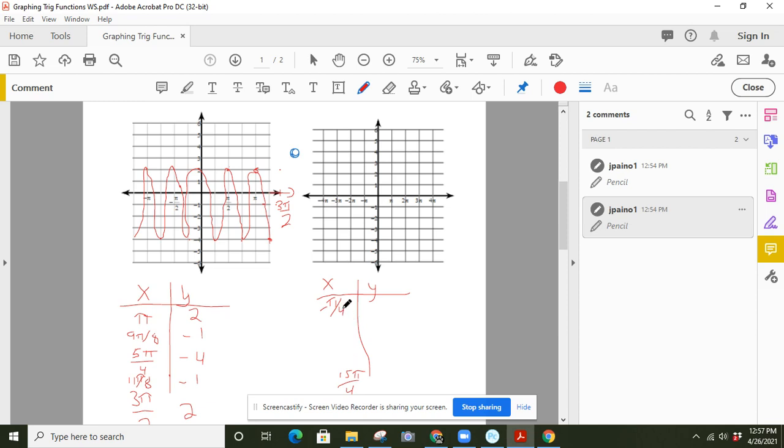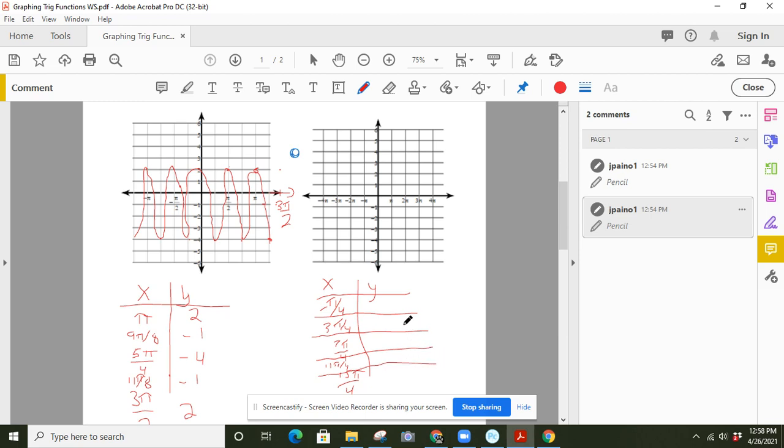Okay, halfway between those 2 points would be 7 pi fourths. Okay, halfway between those would be 3 pi fourths. And halfway between that would be 11 pi fourths. Okay. So I want to find these values. These values are going to give me my maxes, my mins, and my